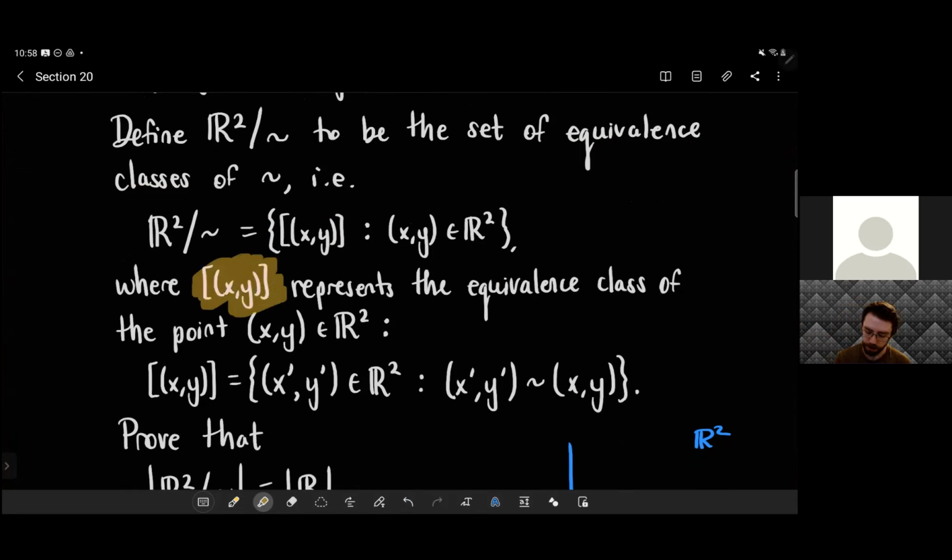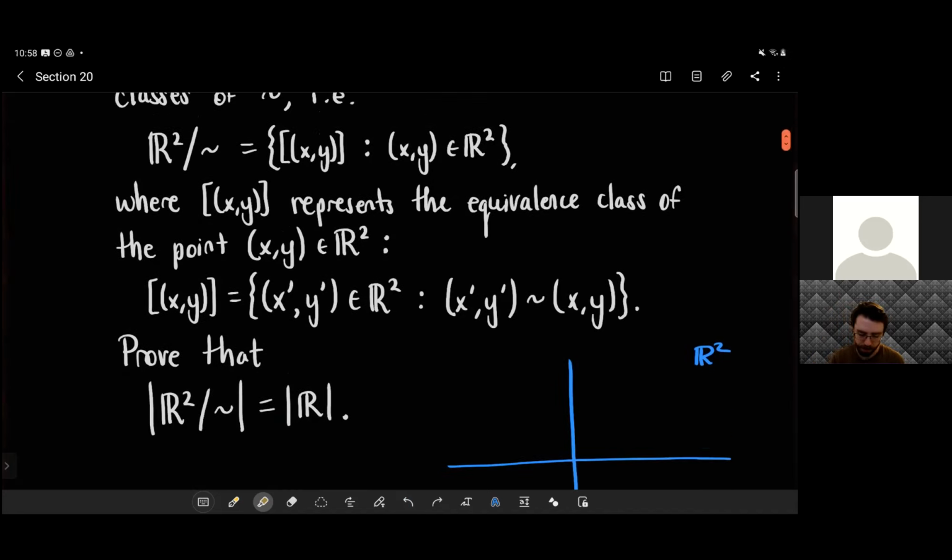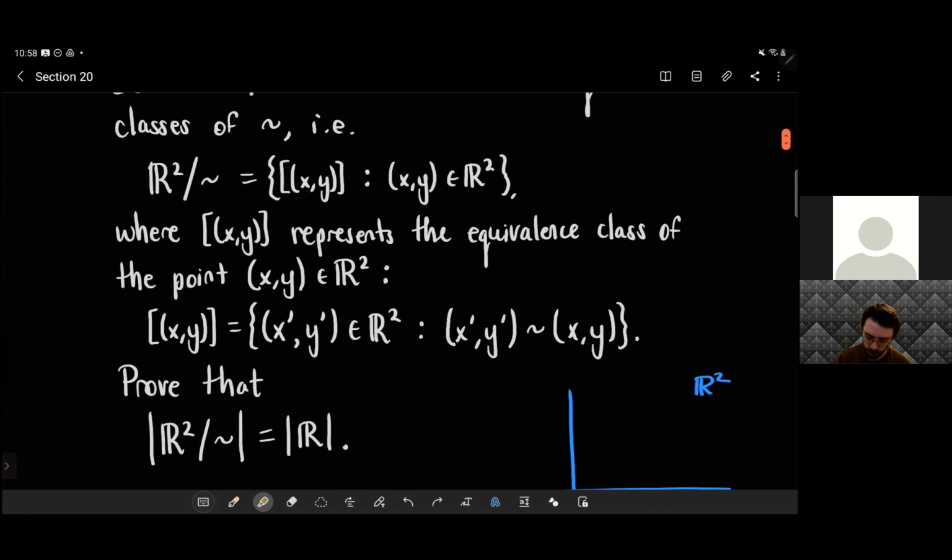So hopefully we remember what an equivalence class is. It's just the set of all points that are equivalent to the thing you're talking about. So for us, an equivalence class is sort of like a vertical line of points. So if you're thinking about the set of all equivalence classes,